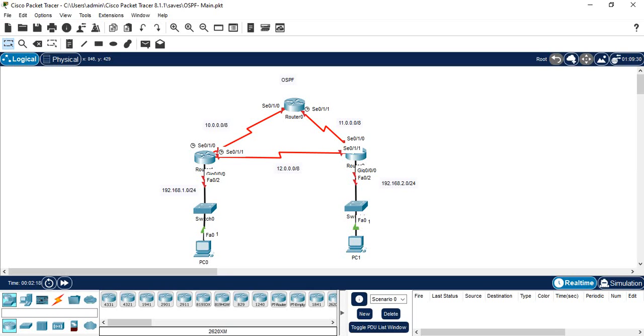Hello there, this is Brenda here, and in this video it's all about OSPF, Open Shortest Path First. Open Shortest Path First is a routing protocol for Internet Protocol, that is the IP, networks rather. It uses a link state algorithm, and it falls into the group of interior gateway